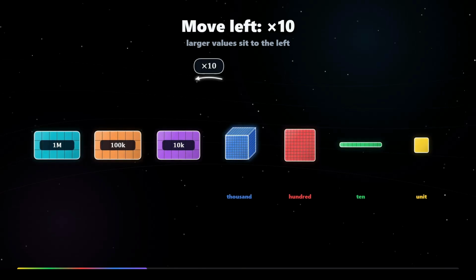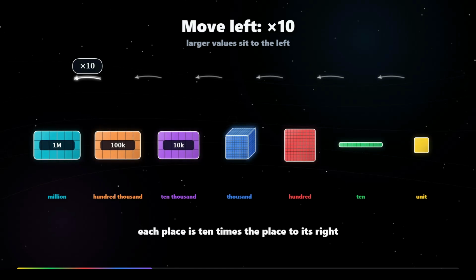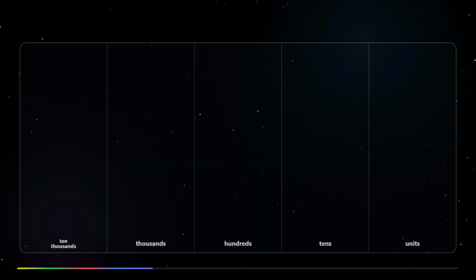1,000 cube is 10 times the value of 100 flat. Then we keep going. 10,000, 100,000, 1 million. Each place is 10 times the value of the place to its right. Now look at